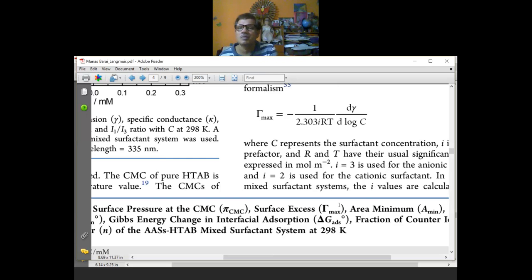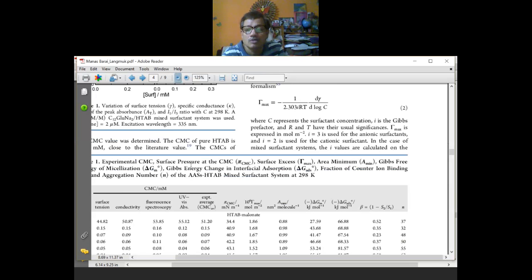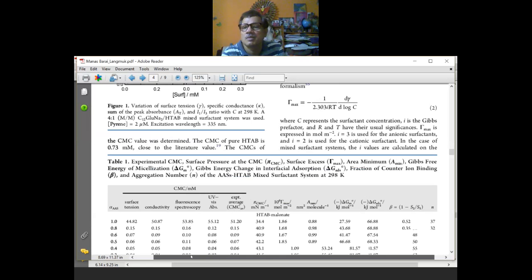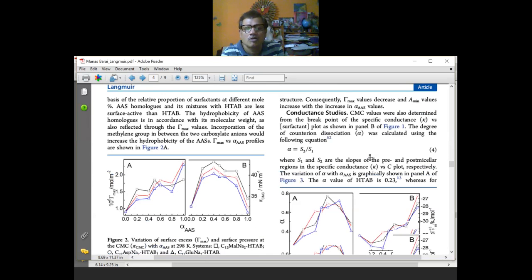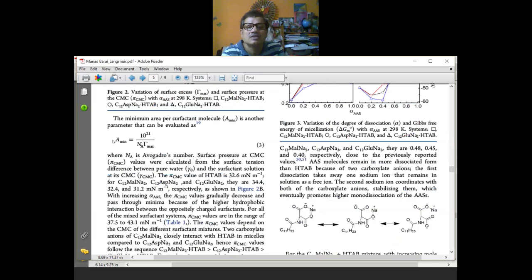Once you know the value of gamma max, then you can also calculate the A value. How can you calculate that A value? The minimum area, the cross-sectional area of a surfactant molecule. How can it be calculated? This is the equation. Area minimum is equal to the inverse of gamma max, 1 by gamma max into 1